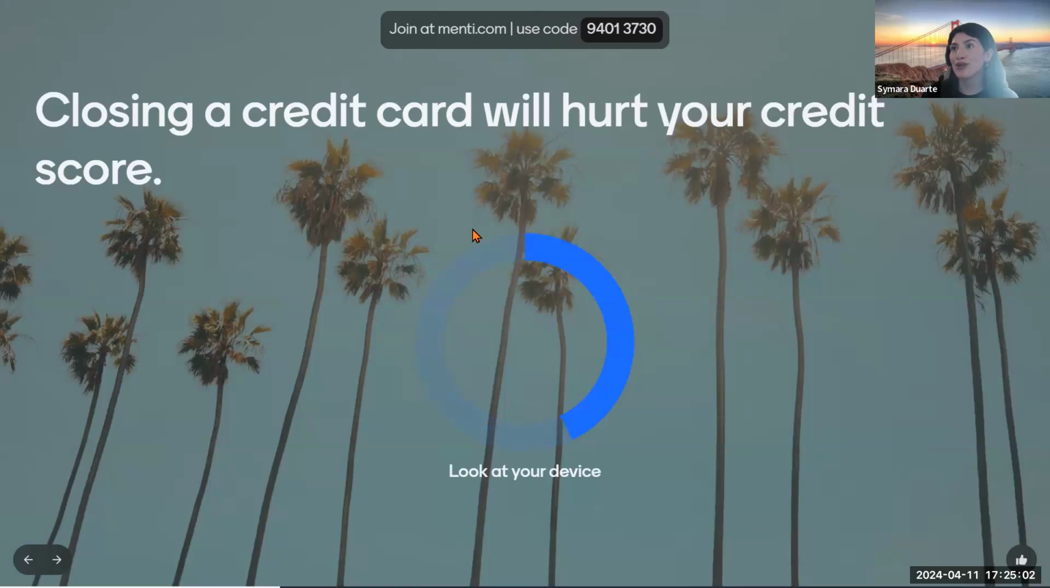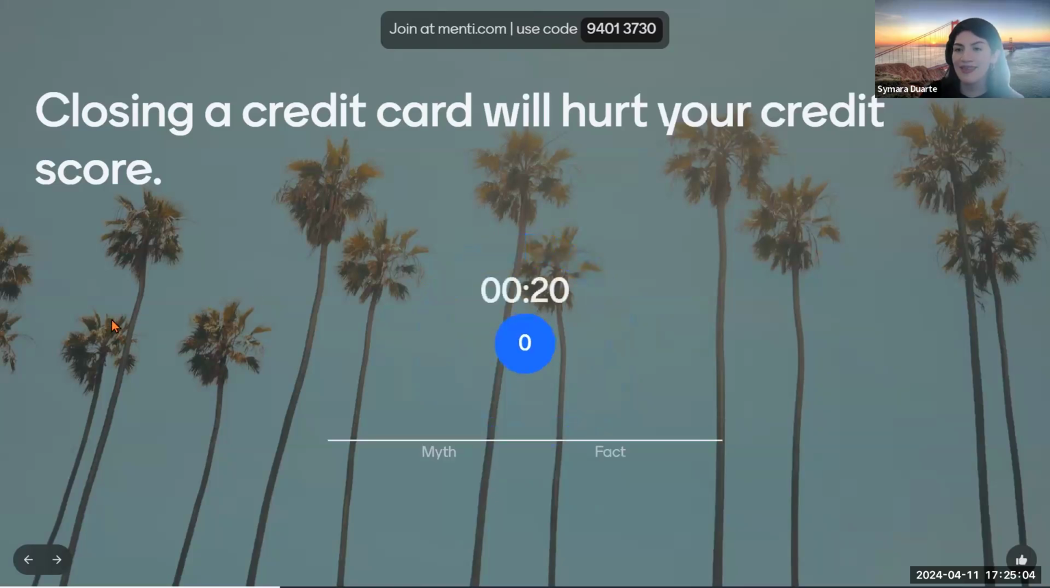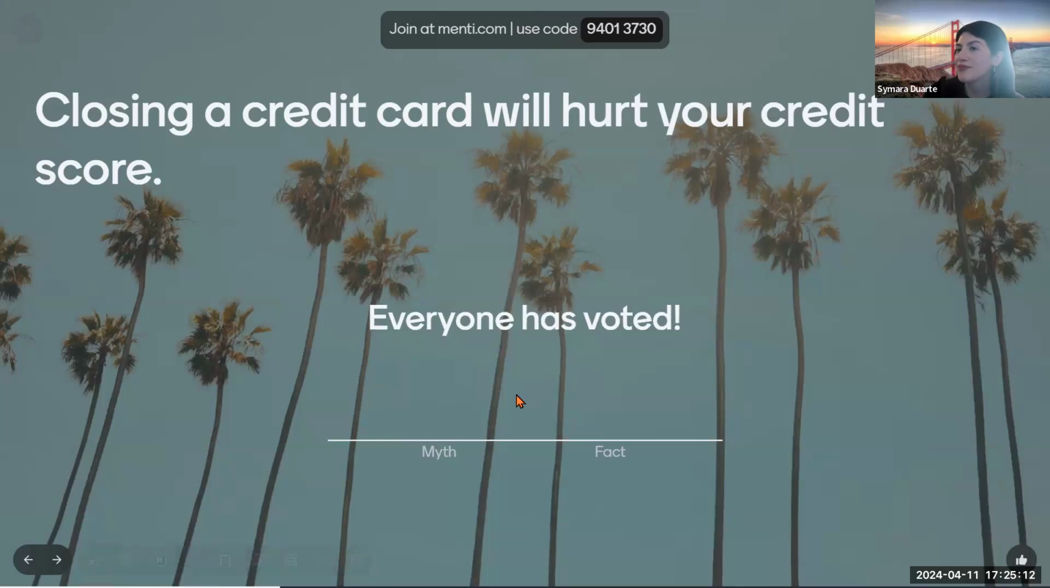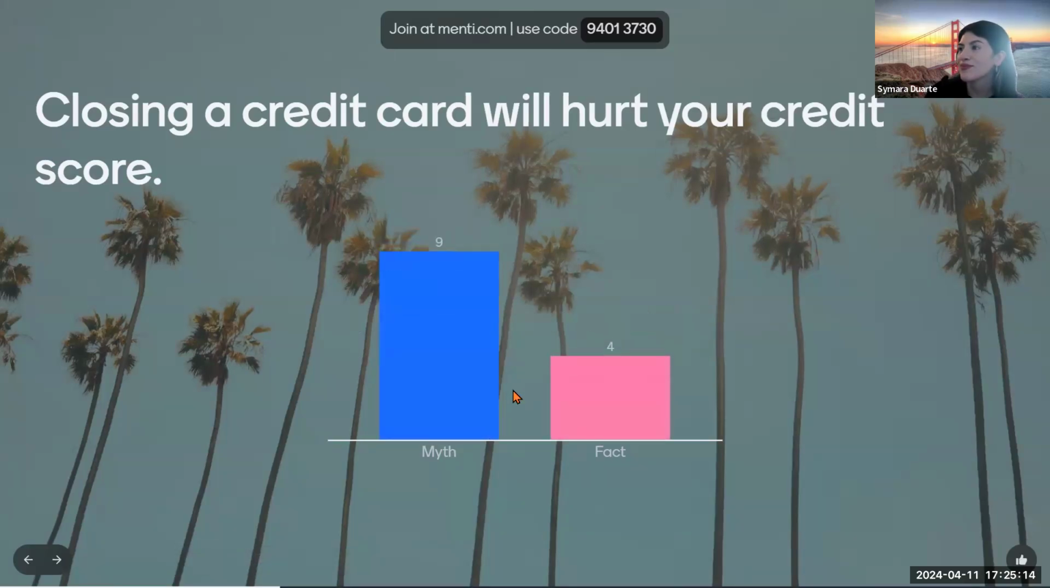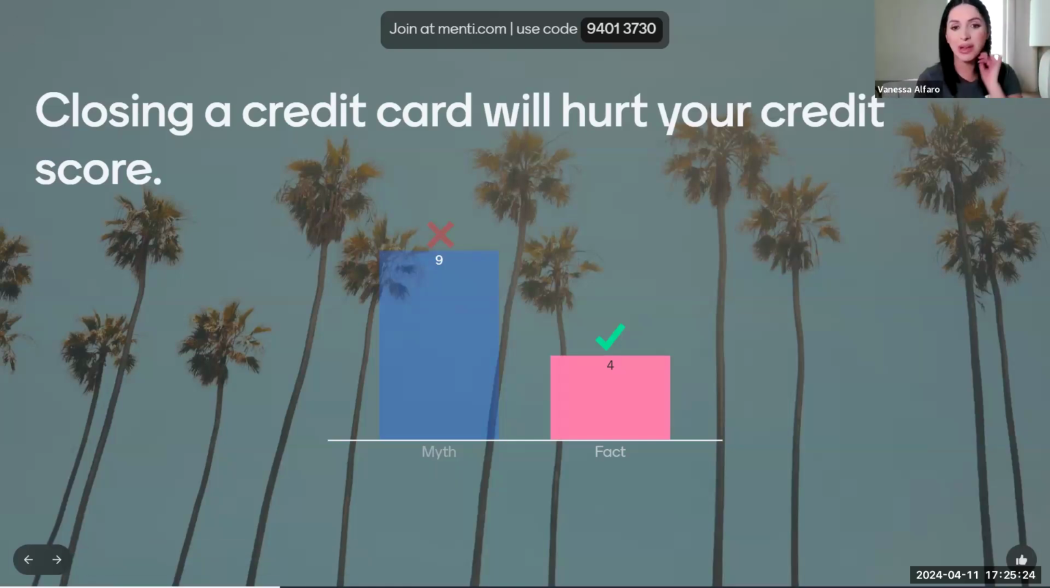Closing a credit card will hurt your credit score. Is that a myth or a fact? Ooh, so that's actually a fact. Vanessa, would you like to add to this? Yeah, I feel like this one might be that trick question. Because we said closing out a credit card will hurt your credit score, and we talked about the scenario. So I think we might have, I didn't catch this one, but I think it could go either